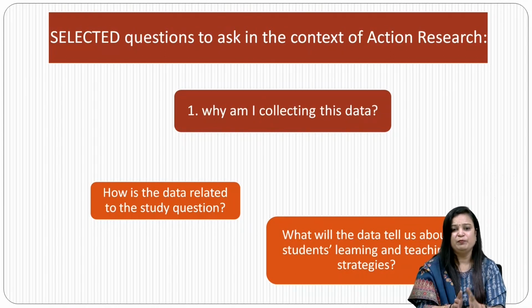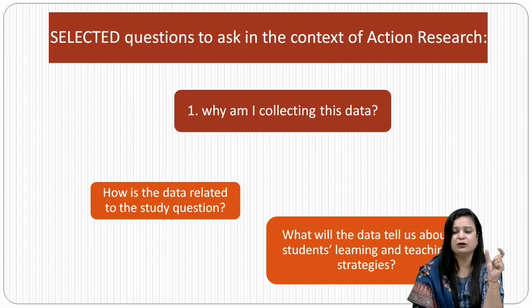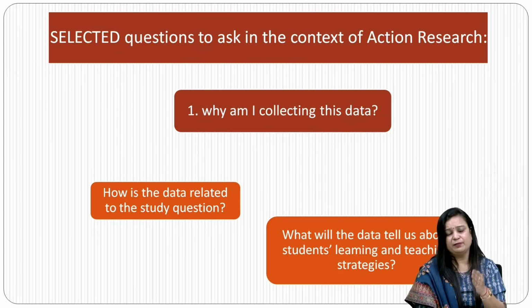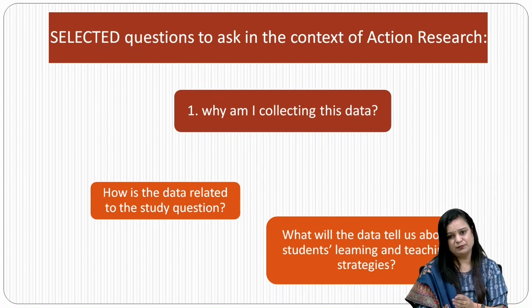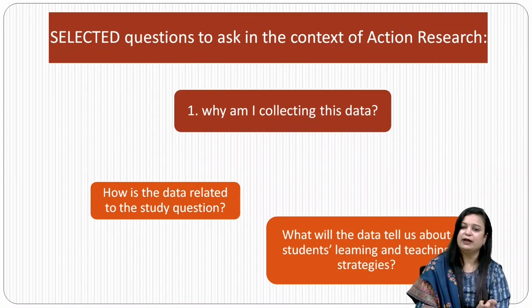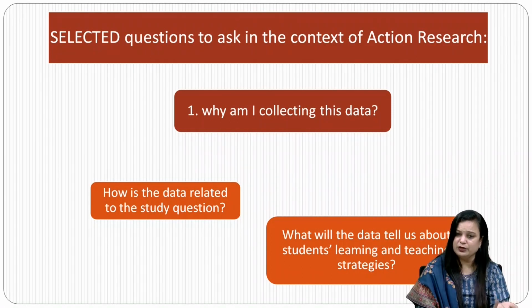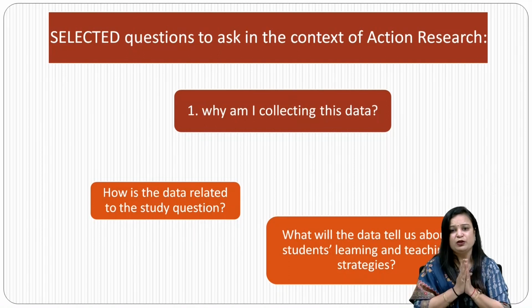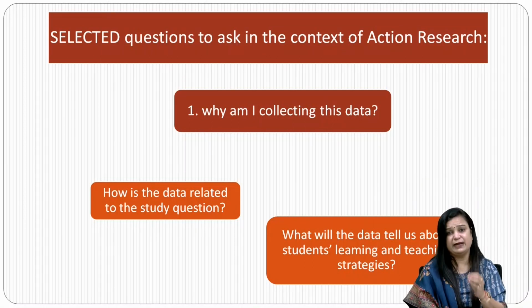So you have the clarity about what your study or your problem is. For this particular problem, this kind of data, this kind of answers or responses from the participants or observation is required. Now, if that is required, then your data will be successfully utilized in the study or in the problem of your action research. So you should be very clear about why the data is related, how the data is related, and whether the data is related to the study or not.